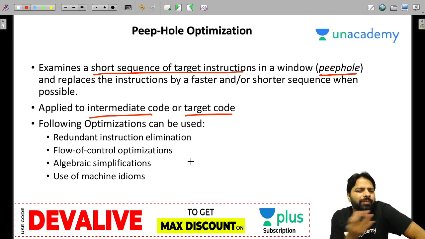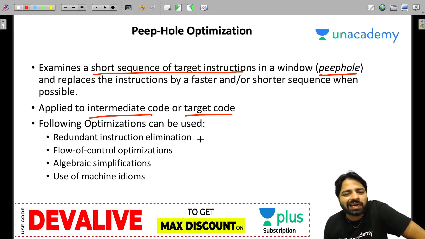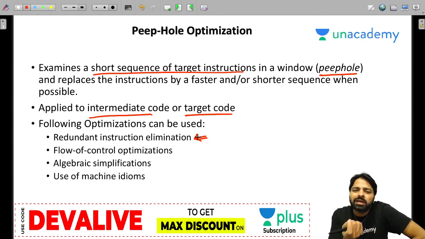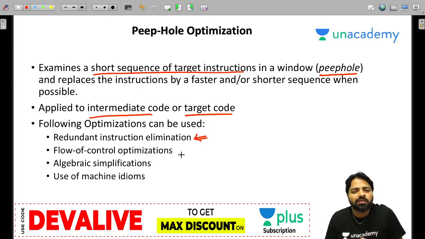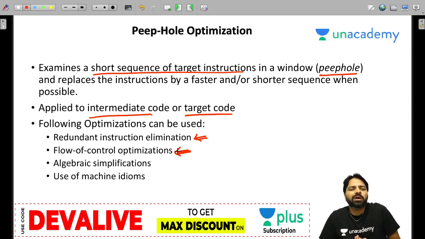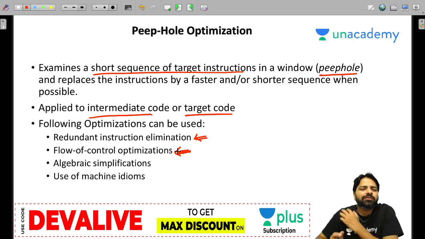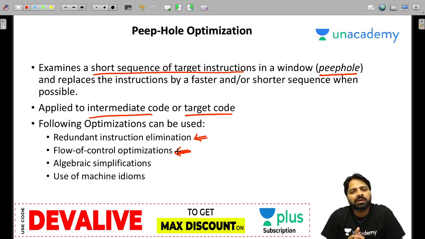So what kind of optimizations? Like redundant instruction elimination. If you have already stored 10, and again you are storing 10 after some time, then you can eliminate one of them, without changing anything, when the same instruction is happening again. Flow of control optimizations: like you are using so many jumps, you can reduce the number of jumps, or delete some of them.